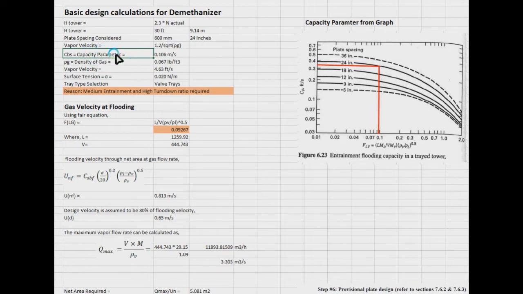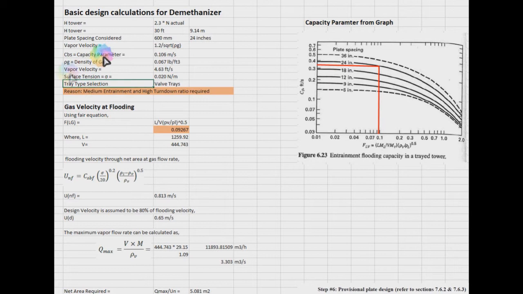it logically tells the capacity of a column or tower to hold the flow rate of a fluid, whether it is liquid or gas. The rho g is the density of gas, Vp is the vapor velocity, which is calculated using the formula denoted in this cell. Then we have to find out the surface tension at the interface of our liquid and the gas. Because the gas has to pass through the liquid, or bubble through the liquid, the surface tension will have an important role in the calculation of the velocity that a gas or vapor can achieve inside the column.